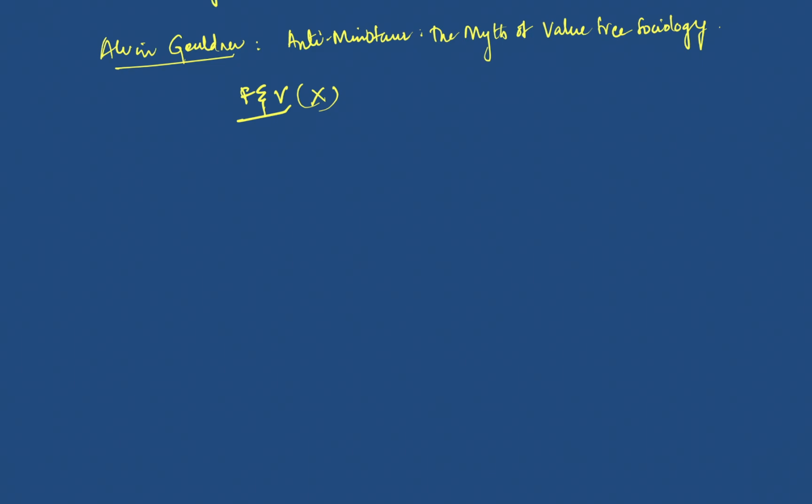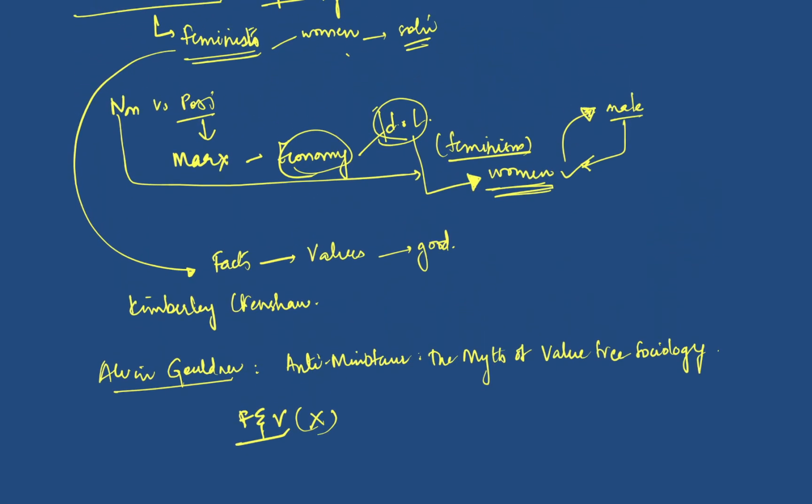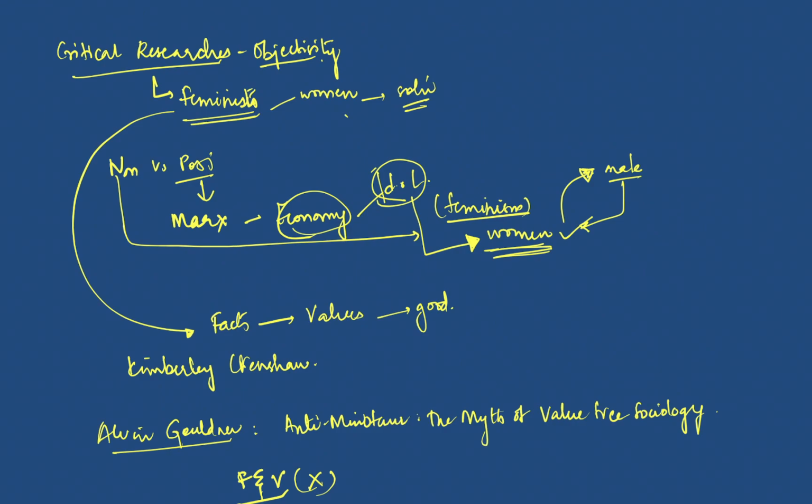Even today, if we place ourselves as a sociologist and try to be 100% objective, can we be that? It is a question that you people also have to ask yourself. And you also have to ask yourself which position or perspective of sociology you prefer. Do you prefer the positivist view? Do you prefer the non-positivist view? Or do you prefer the critical researchers' view, or Alvin Gouldner's view, who says that facts and values are very inherently combined and cannot be separated in sociology, right? So that is food for thought for you people, and that completes the class for today.